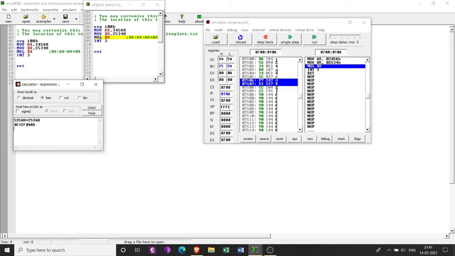Enter. See, I got 0C1C and F048. So F048 will be in the AX register and 0C1C will be in the DX register, higher word and lower word. This is my higher 16 bits, and F048 is the lower 16 bits of my result. So let us see that.